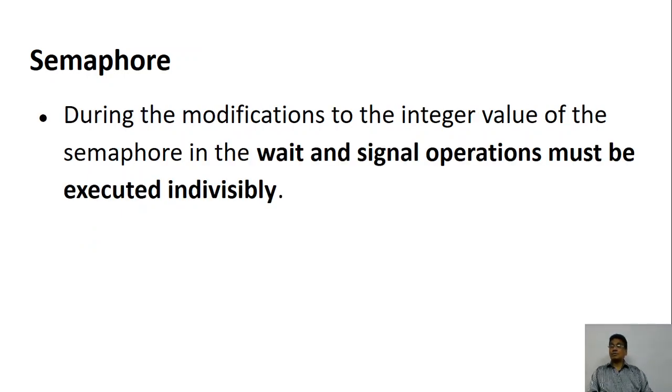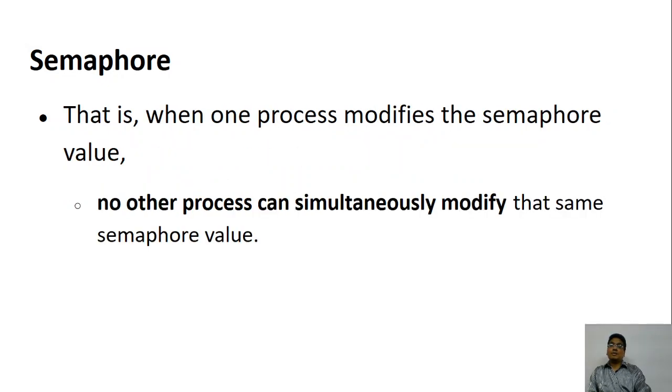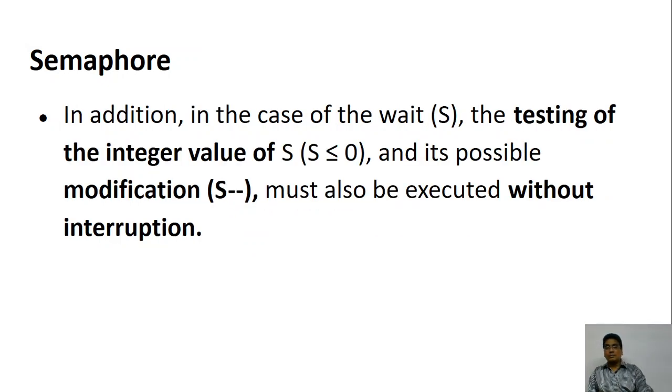What is so special about the semaphore? These operations are performed in an atomic manner, that means indivisibly. What is the meaning of indivisibly? Nobody is going to disturb the CPU when these operations are performed. When one process is doing this operation, the others will not be allowed to perform the same. This includes changing the value, testing the value of S, as well as reducing the value. There is no interrupt during this.